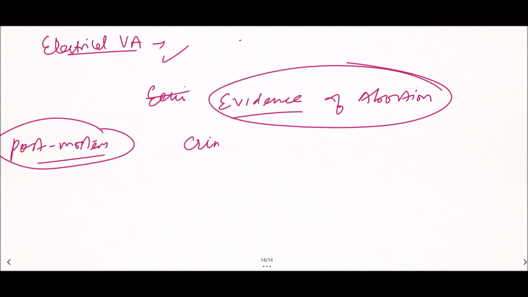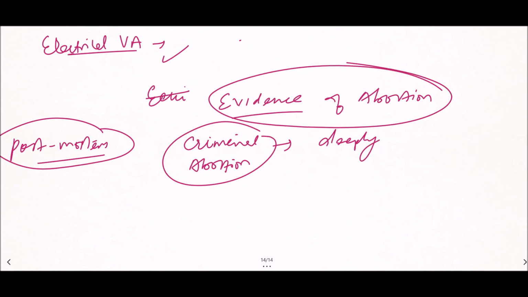In case of criminal abortion, what we are going to note is that the pregnant female will be deeply cyanosed. Cyanosis will be present. Maybe some instruments or abortifacient drugs are found at the crime scene or in the cervical or uterine cavity,